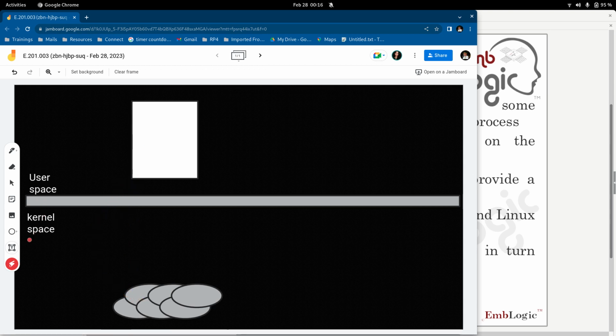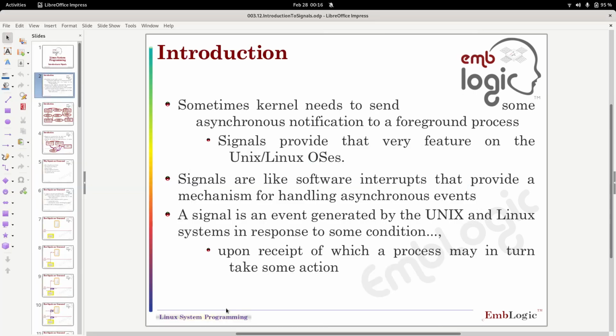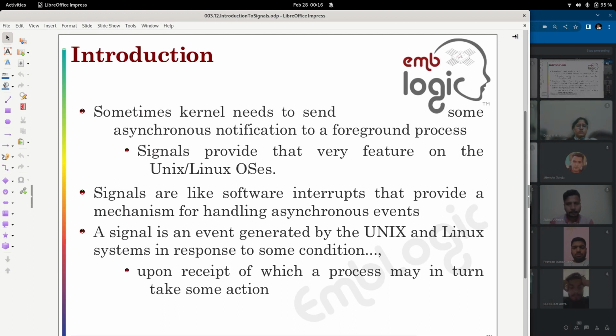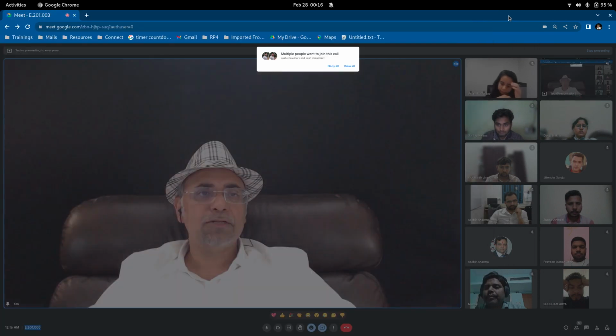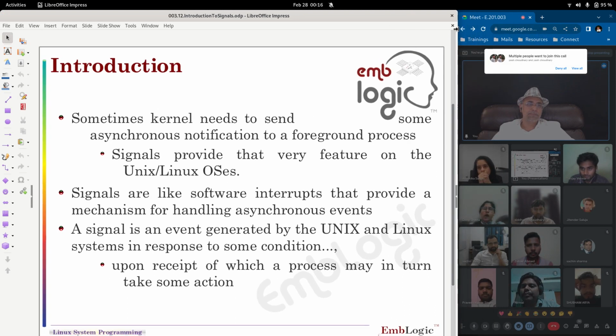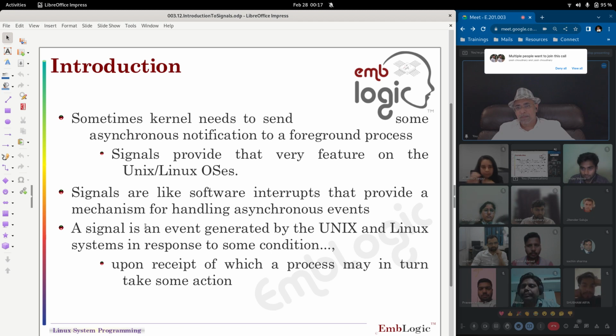Very good. So signals are generated by terminal handlers and will be raised up to the user space process. Signals are like software interrupts, but not exactly software interrupts. Signals are like software interrupts that provide a mechanism for handling asynchronous events. We say that signals are like software interrupts because they exhibit behavior similar to that of software interrupts, but they are not exactly software interrupts. They just exhibit behavior like that. Now